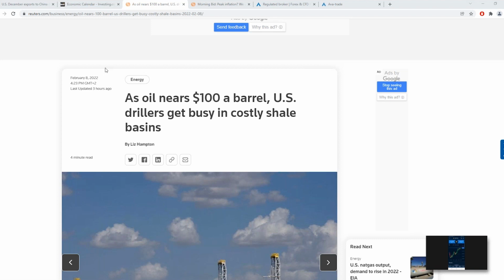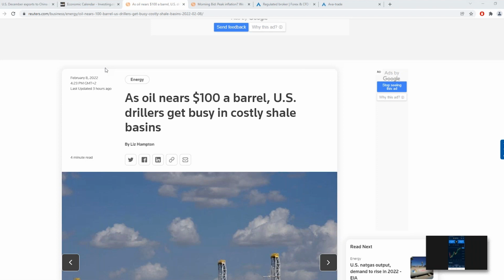Okay. All right, so this headline says as oil nears $100 a barrel, they're talking about U.S. crude. U.S. drillers get busy in costly shale basins. To kind of undress that headline, what they're talking about, shale drilling is more expensive. It's a more expensive, labor-intensive process to get oil out of shale. And when prices were 50 a barrel, even lower, it just wasn't profitable for getting oil out of shale.